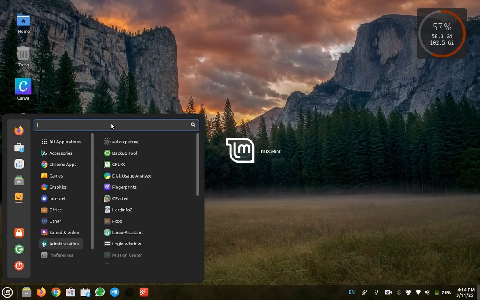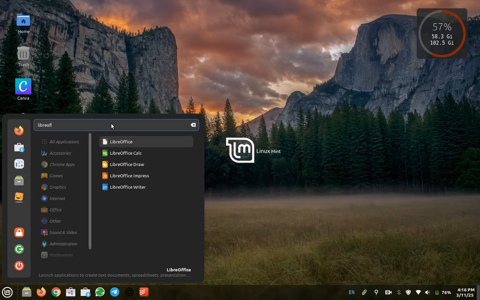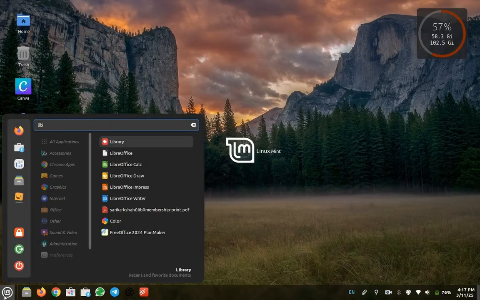The first document editor, which comes pre-installed in most Linux operating systems, and the most powerful document editor, is LibreOffice. When we type LibreOffice, we automatically get many options.